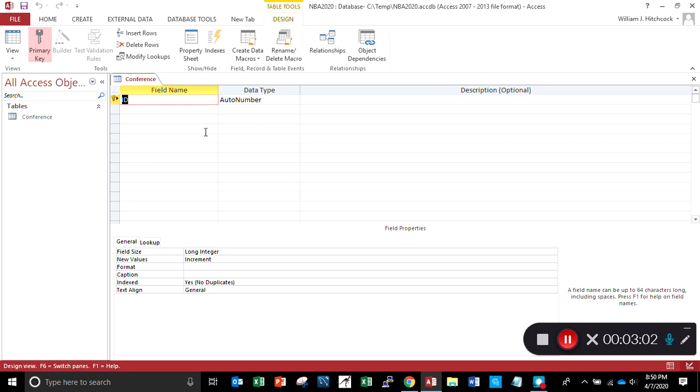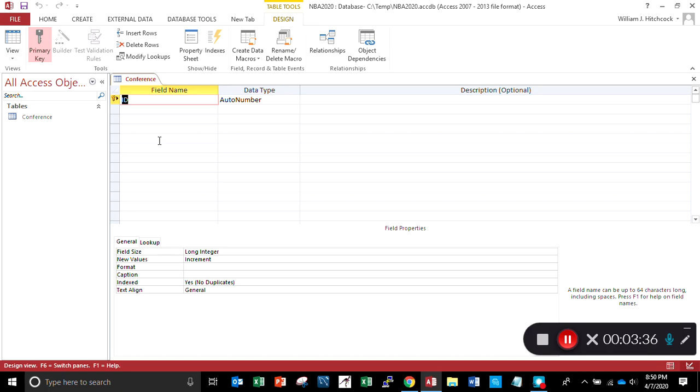So if you look at this, it's got a little key here that says there's a primary key. Now, in general, every table that you create should always have a primary key, and that's just a unique identifier that says every single record that I have in there has to be uniquely identified by something. So for example, if you were doing employees, you wouldn't want to use somebody's last name because you might have several employees who all have the name Smith. But instead you might use something like their social security number, or you'd probably come up with your own unique